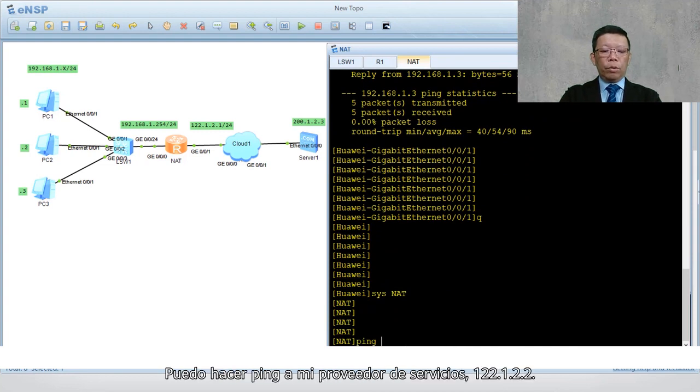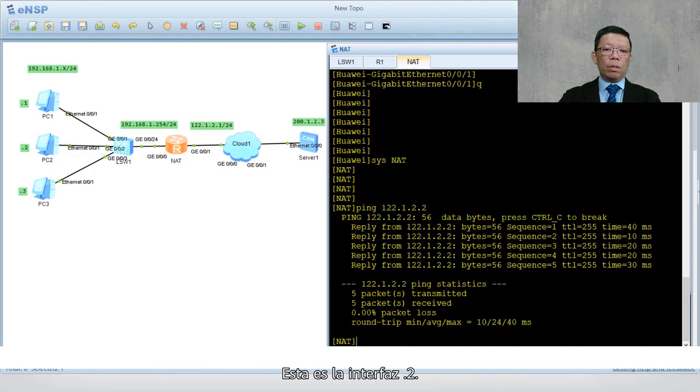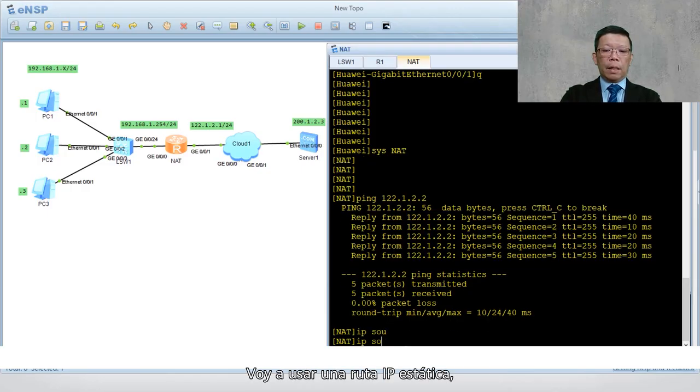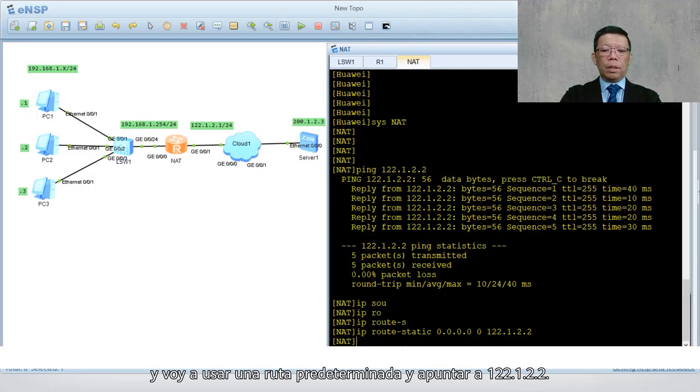I can ping to my service provider, 122.1.2.2. So this is the .2 interface, which I'm simulating as my service provider. You can see that 122.1.2.2 is my provider, and I'm going to use an IP route static. So I use a default route, and I'm pointing to 122.1.2.2. That's it. Now I already point to my service provider, and in return I should be able to ping